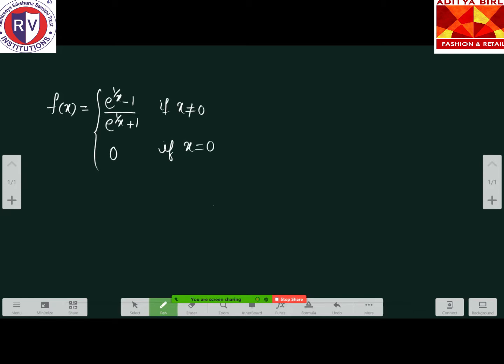So the function was defined in this way, and we have to find out the right hand limit and left hand limit. Okay, so the options are